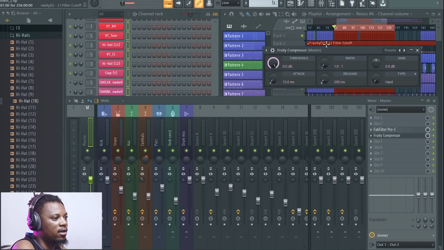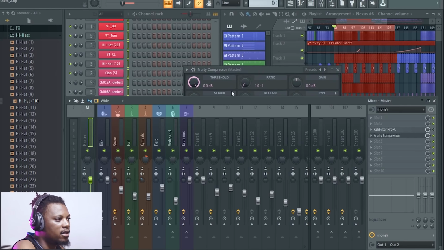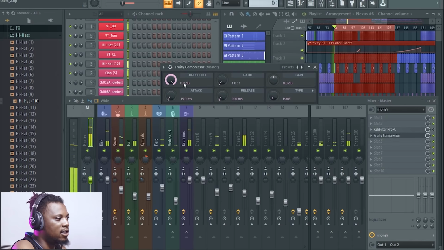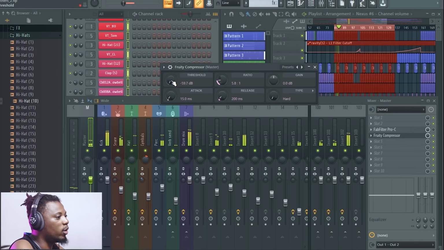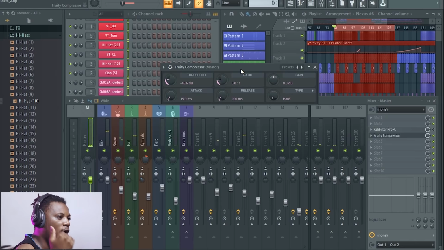So if we now come back to the FL compressor, let me just mute the Pro C, and I start playing and I lower the threshold and I raise the ratio, you can hear it's actually compressing a lot because our threshold went too low. If I raise it, you can hear it coming back. But now the gain reduction lowered all the volume out of the track and the signal. That's why it sounds like the volume got low. So that's why we have this gain here to compensate for that and give it back. So now if I raise my gain back up,